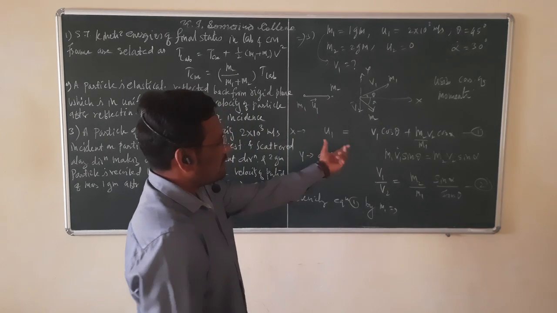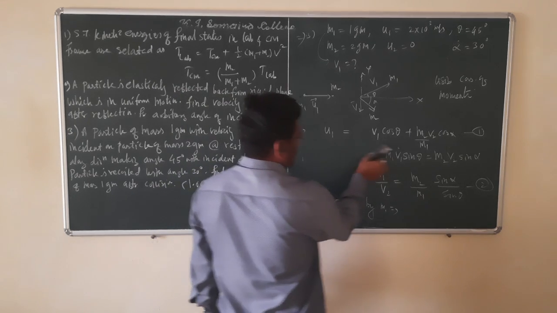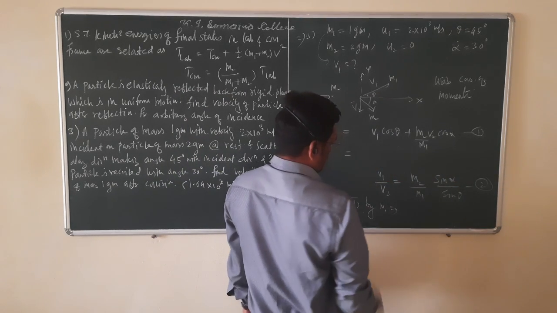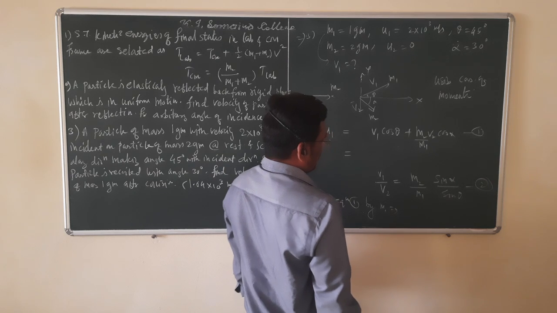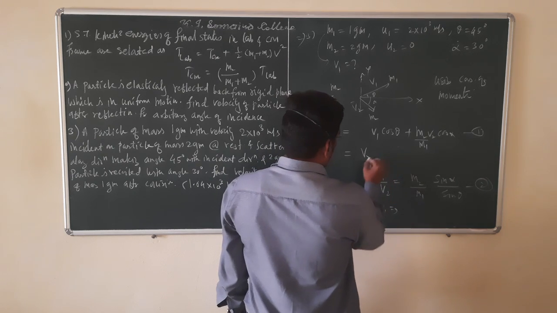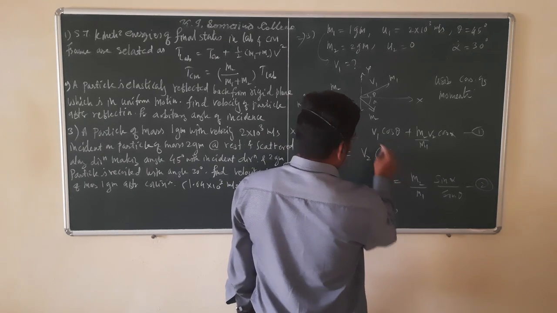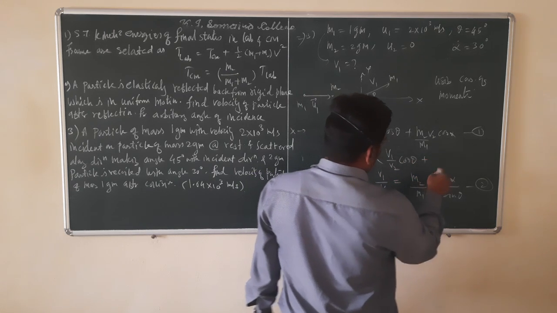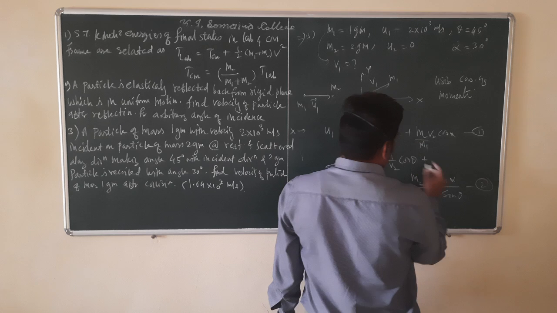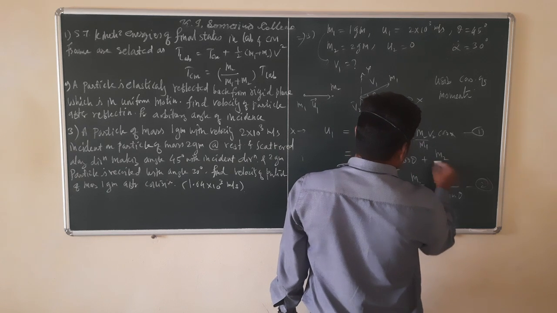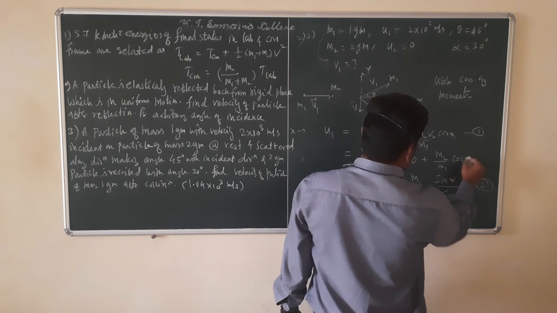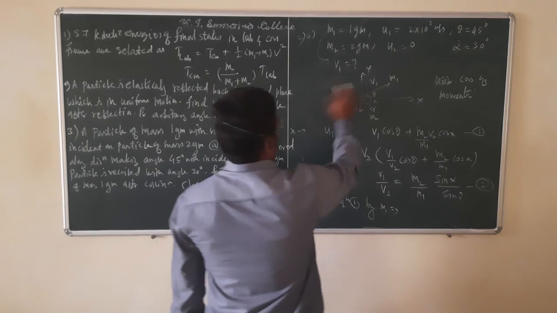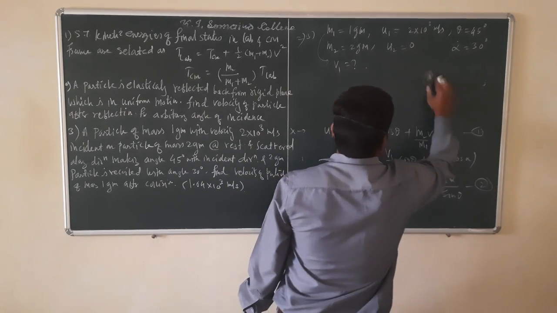Now in this equation, if you take v2 as common, in the first term we have v1 upon v2 cos theta, plus, taking v2 as common, m2 divided by m1 cos alpha. So now this equation can be written as